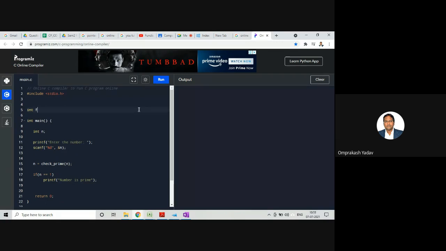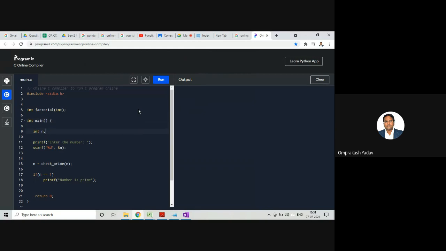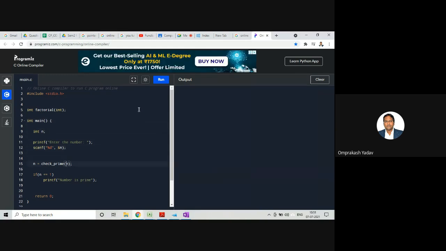So here I'm writing factorial function prototype. My function name is factorial. It will return an integer value, and the return type is integer. I'm taking one n number, and here I am calling that particular function factorial. I'm passing the n value, and this function will calculate using the recursive function call factorial of n, and it will return over here.